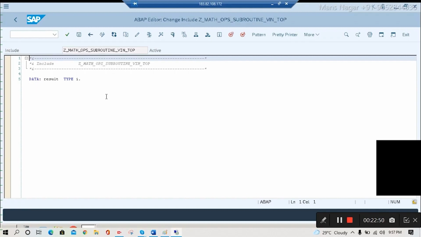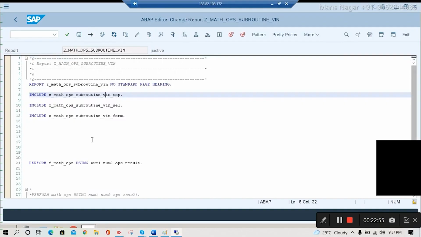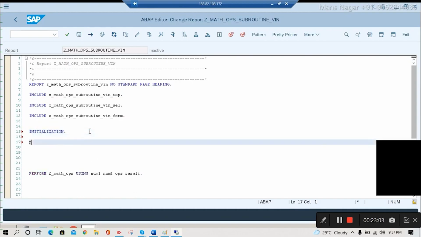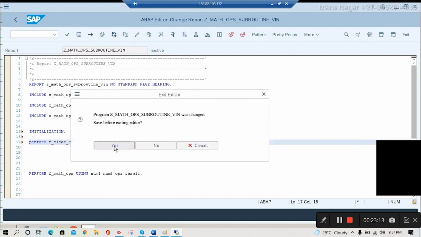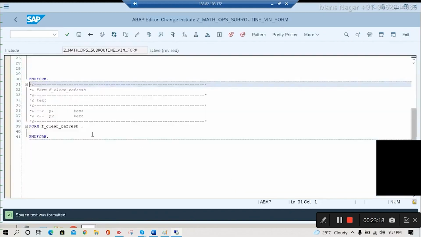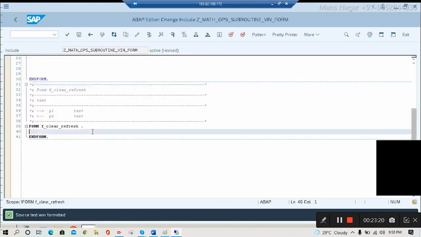So for our security purposes, we use the INITIALIZATION event. This is a standard event. Under this event, I will use one PERFORM f_clear_refresh. Inside this event, I will save this again in the formal include. What I will do is clear